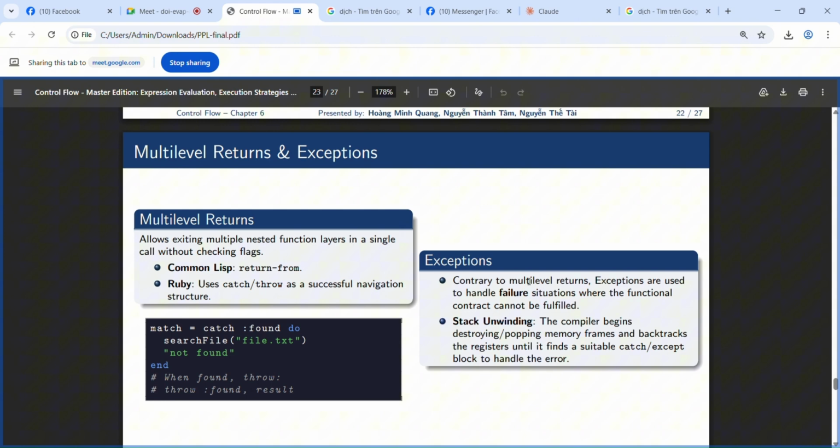It lets the program exit cleanly without passing return values through every level. Common Lisp uses return-from for this purpose. Ruby uses catch and throw as a